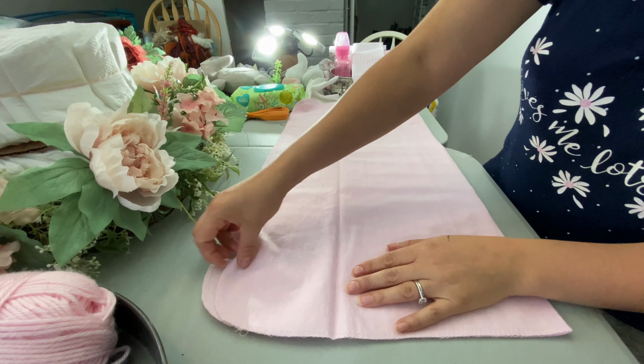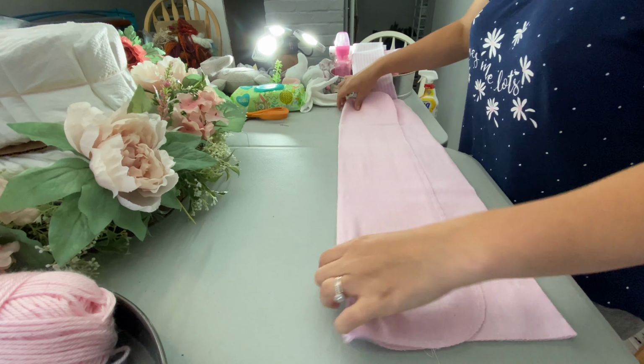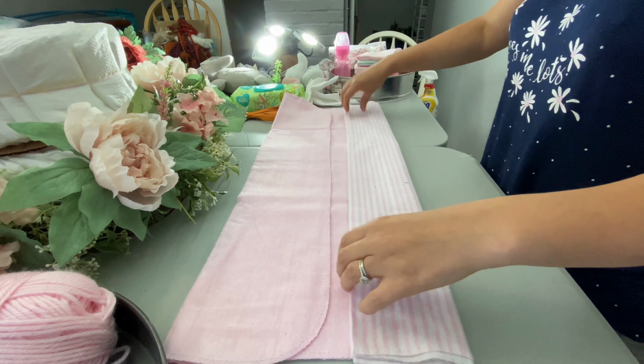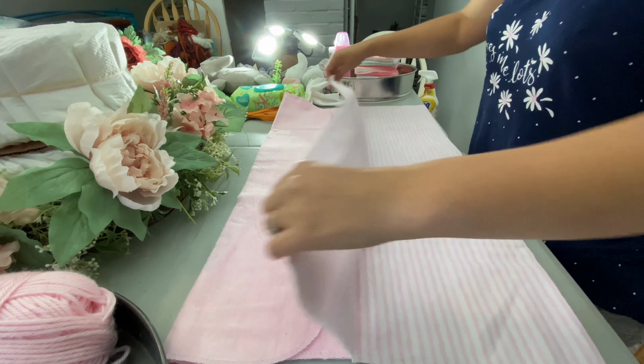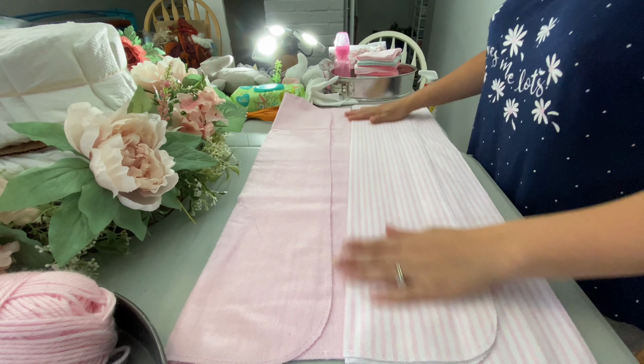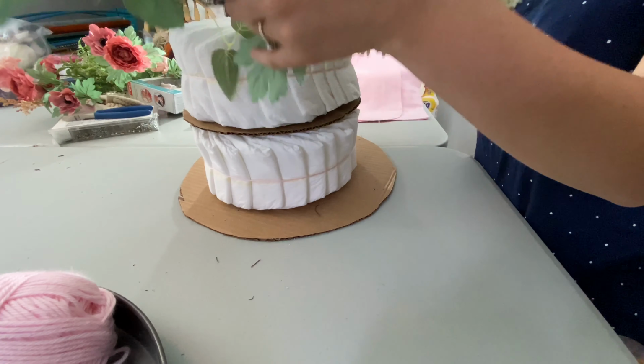Now let's take our 2 receiving blankets. We'll take one and we'll fold it in half, and then you're going to fold it again about 3/4 of the way down. We'll do it one more time. So this is another receiving blanket. You want to fold it in half once, then fold it down about 3/4 of the way. Let's take the wreath off,